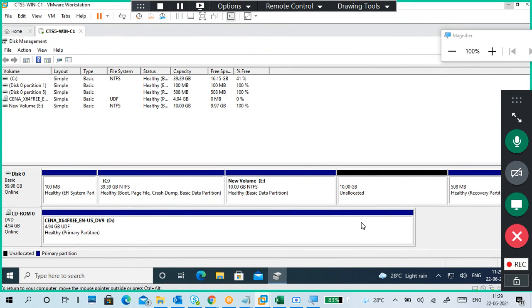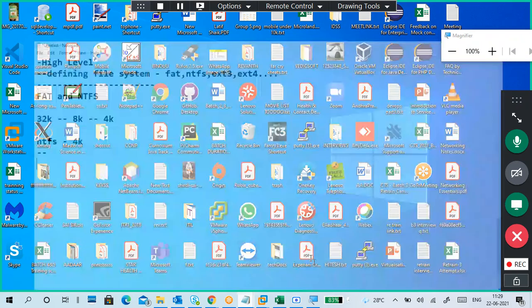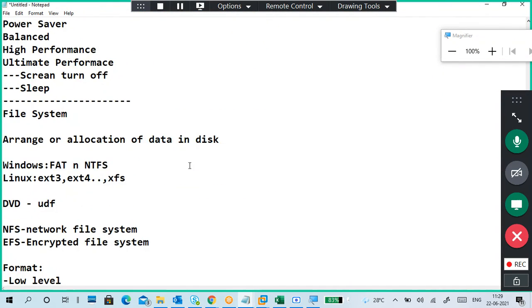Take a break for 10-15 minutes, because it's already 1.5 hours I'm taking the class, to avoid confusion between this class and that class. So I will create one FAT partition here, and I will show you that. I'll give simple things.